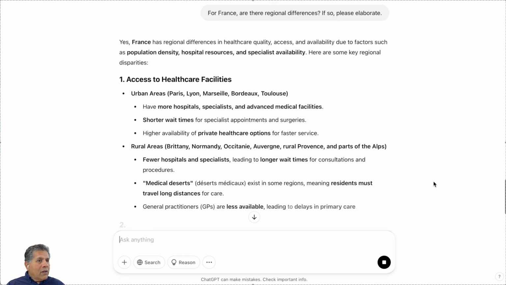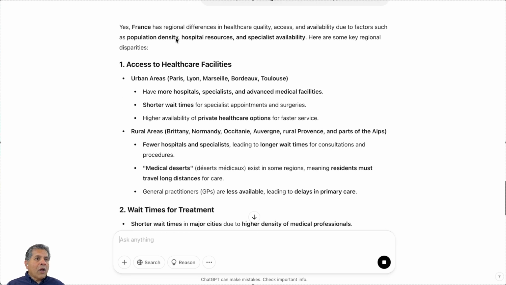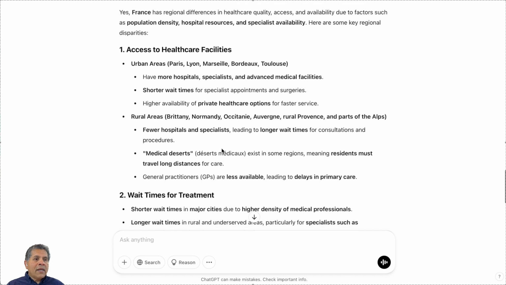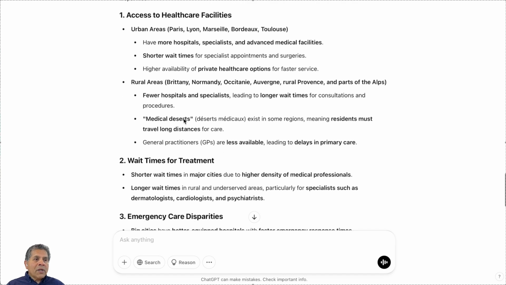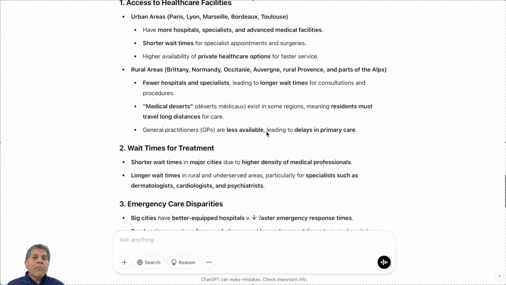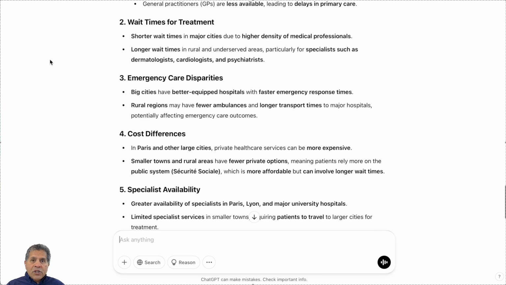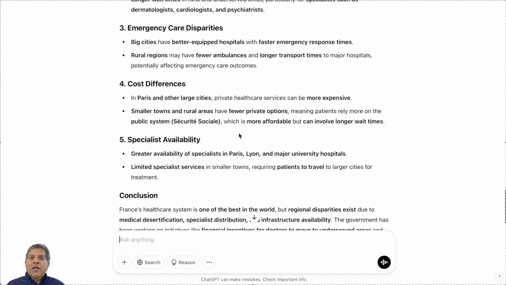And it says, yes, there are regional differences in healthcare quality, access, and availability. And this is due to population density, resources, and availability. And you can see the shorter wait times in Paris, Lyon, Marseille, Bordeaux, and Toulouse. Rural areas like Brittany, Normandy, Occitanie, etc., have fewer hospitals, longer wait times, and there are medical deserts in some regions. Now, wait times for treatment change depending on where you are, and then emergency care cost differences and specialist